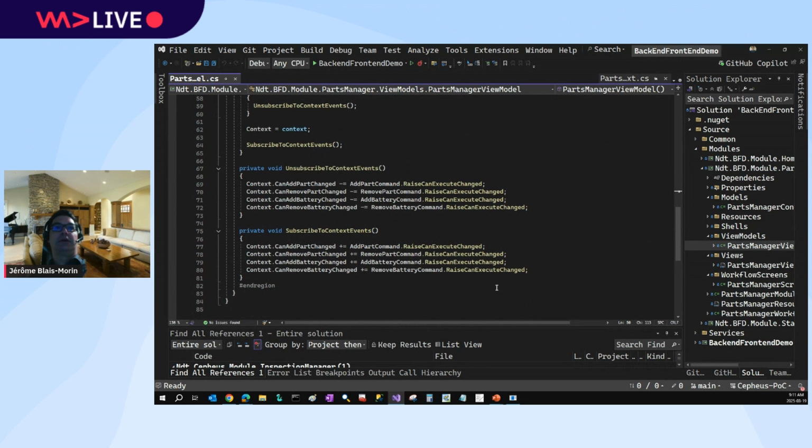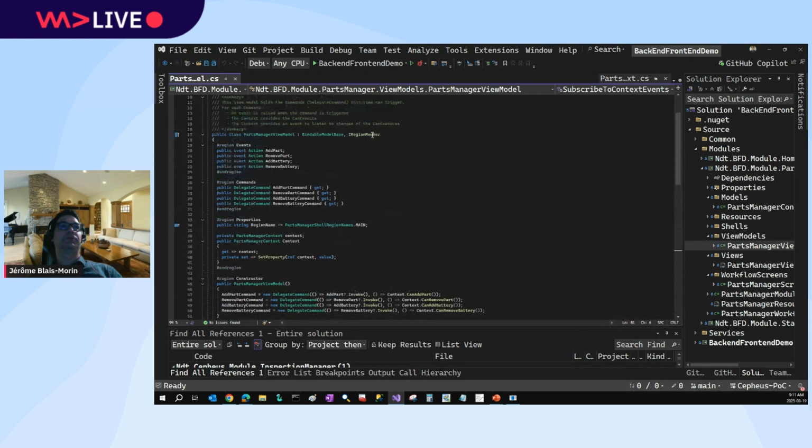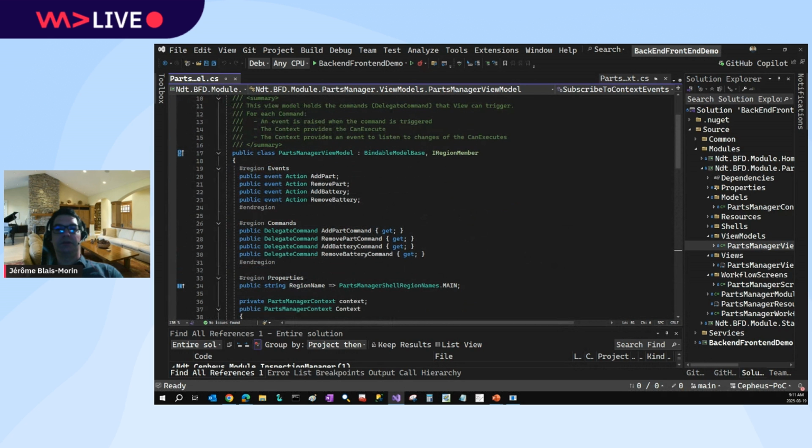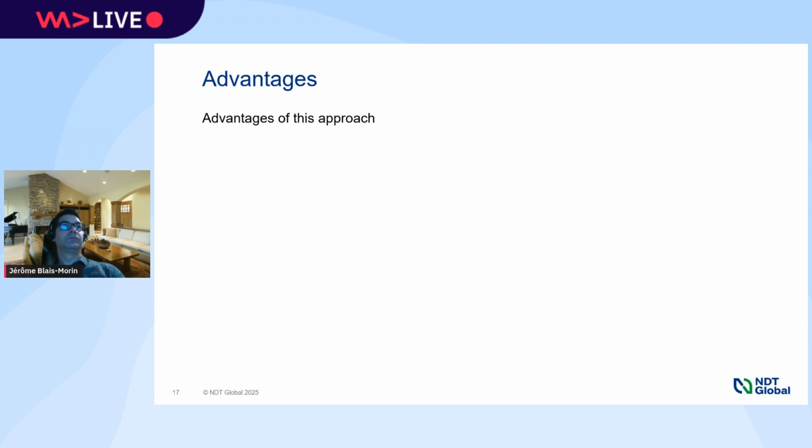However, in the standard approach, instead of listening to an event of the context, you would look at what's happening in the view model itself. So here it makes a view model pretty thin. That's one of the advantages. But of course, the code is just somewhere else, but there's more advantage to it. We'll see that in a second. If I go back to the presentation,